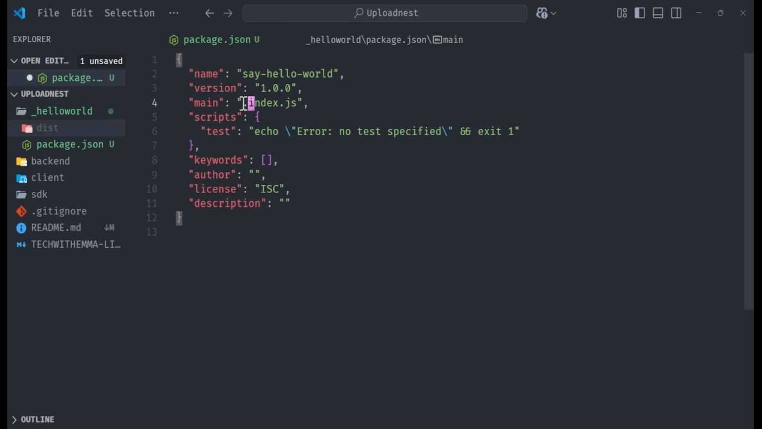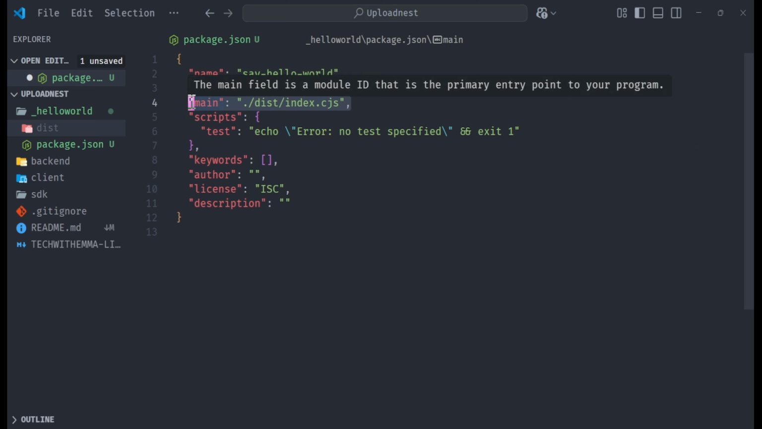So here we're going to just say ./dist/index.js. Instead of index.js, we are going to be using, so let's change this to cjs. So this is going to be CommonJS. And we also want for the MJS,